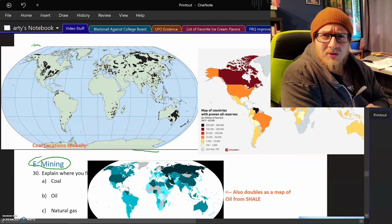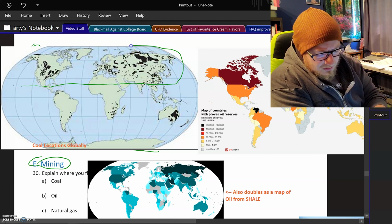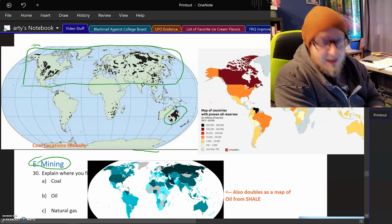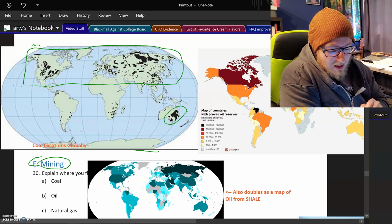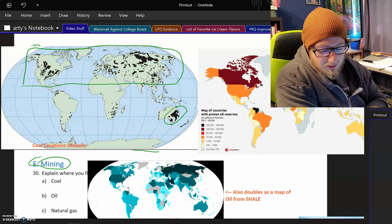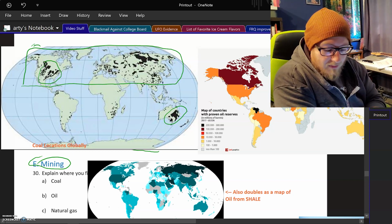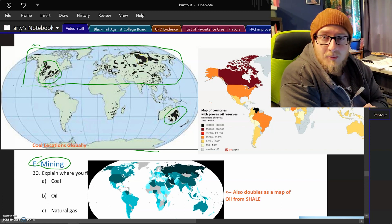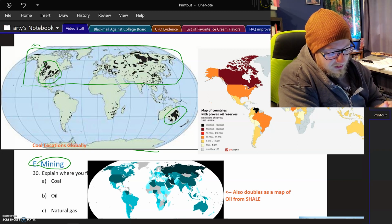So you'll notice that the majority of coal ends up being right here in the northern part of the world. There's a large coal reserve in Australia, and actually Australia has a massive coal mining industry that has come under some scrutiny recently, but the majority of coal reserves are going to be in the north, especially in the central and eastern United States. You'll find a lot of coal mining, especially around Pennsylvania and Indiana, around the central and eastern part of the United States. Russia has a couple of coal reserves up in the northeast region of the country, and then of course there is